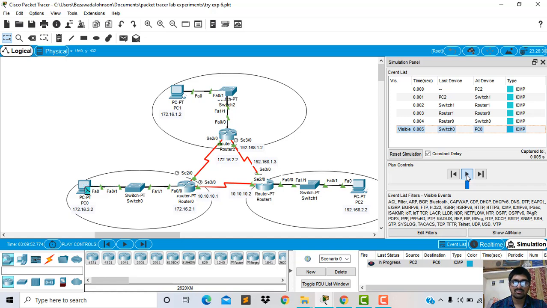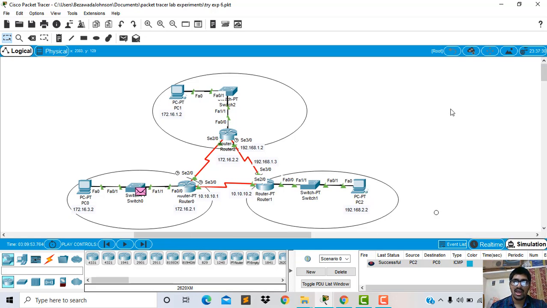It can access the information from that, and it can give the user the information according to his given question. This is the difference we can see between static routing and dynamic routing. The static routing always chooses according to the user's access, but the dynamic routing automatically chooses the best path to reach the destination. Now we will ping and check from PC1 to PC2.